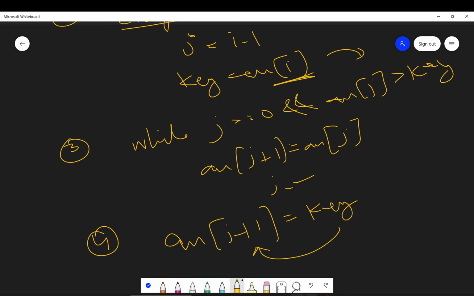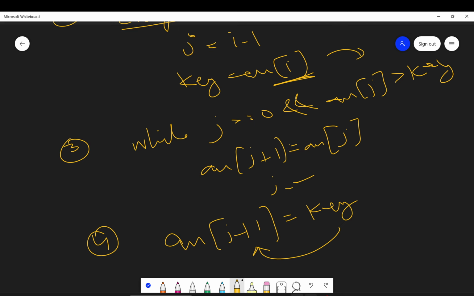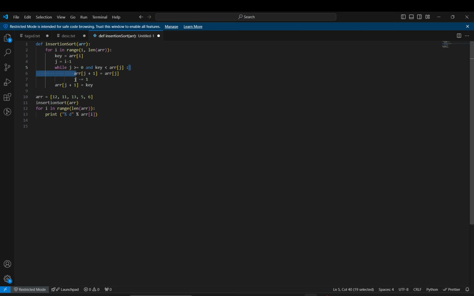Let's quickly see the code once. It's the same as the algorithm which we discussed. We have this array and we call this insertion sort function. We start from I and go till the length of the array. Store the ARR of I in a key. Start j from I minus 1 and run until j is greater than or equal to 0 and ARR of j is greater than key. We will keep on shifting and we will decrement j. And at last, once this while loop is completed, we will place the key at the correct position, that is j plus 1. I hope you understood this algorithm and the approach.